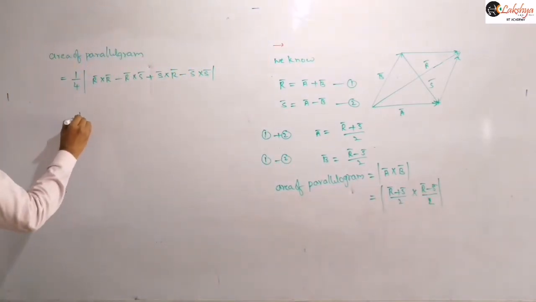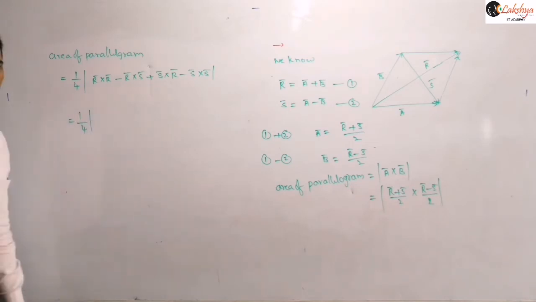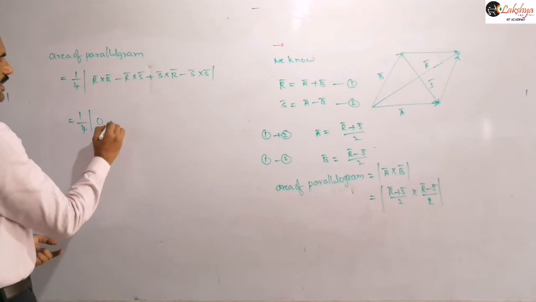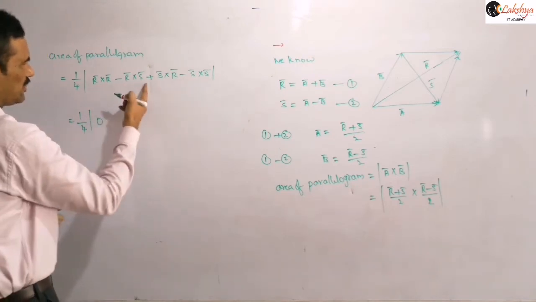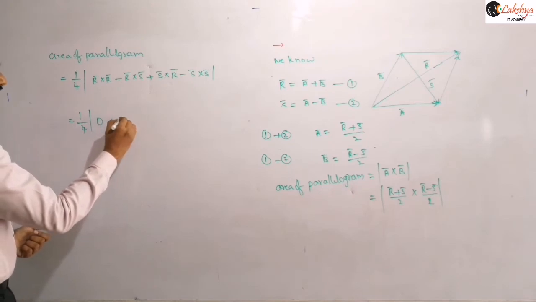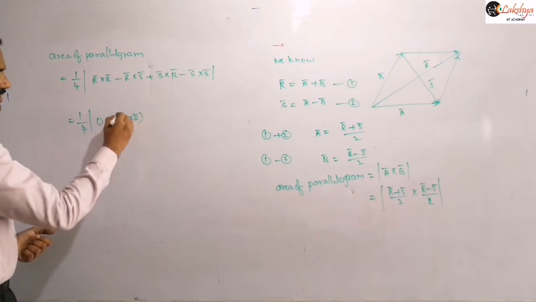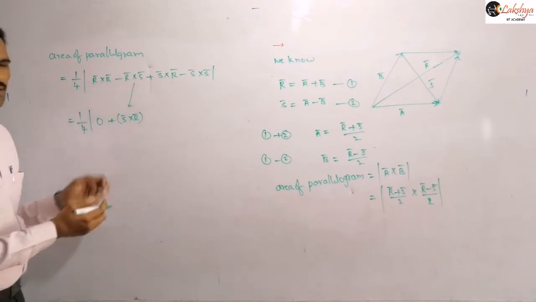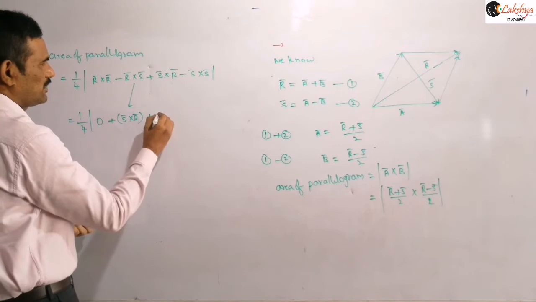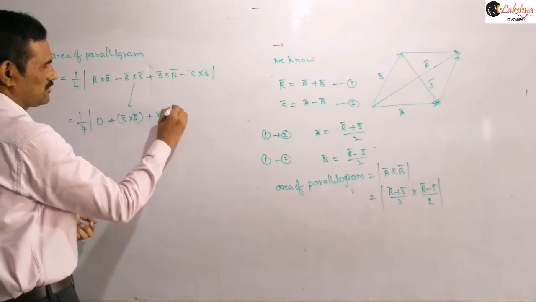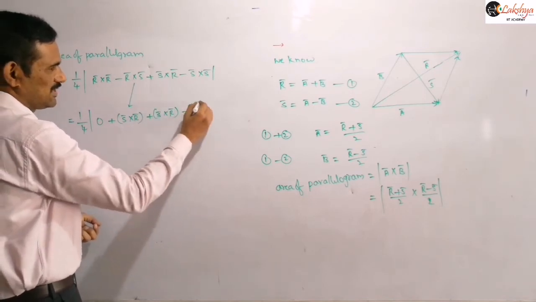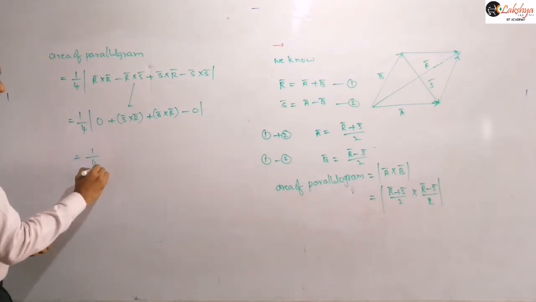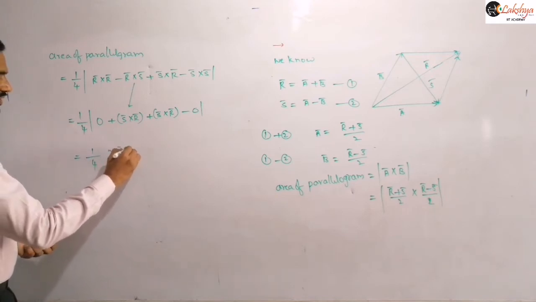And we know the cross product of a self vector is 0. That property we already discussed. And then you can reverse that vector here. That means this value I can write as S bar cross R bar. That means I am reversing this vector. When you reverse the vector, you will get the plus sign here, plus S bar cross R bar. This term I am writing as it is, 0. Right? And so this value is nothing but 1 by 4 into 2 of S bar cross R bar.